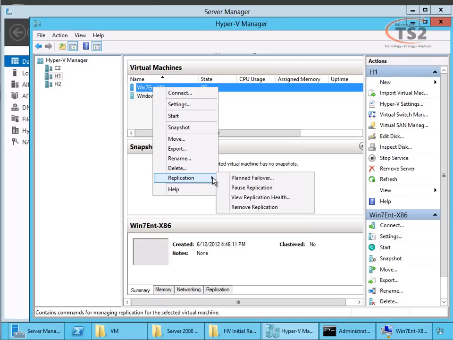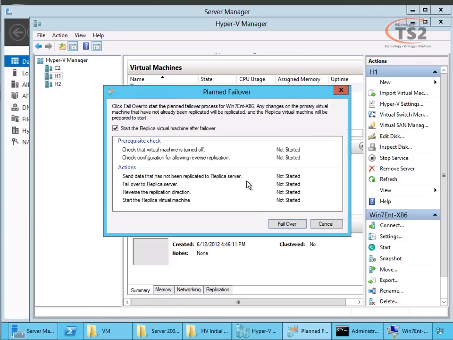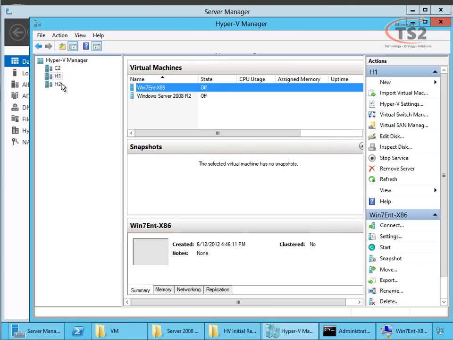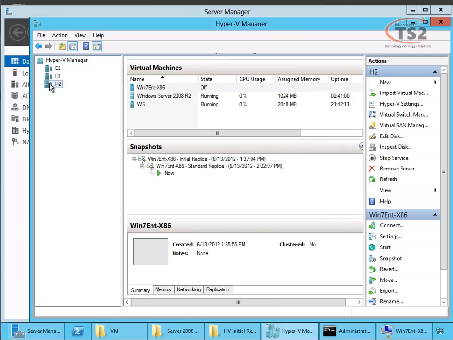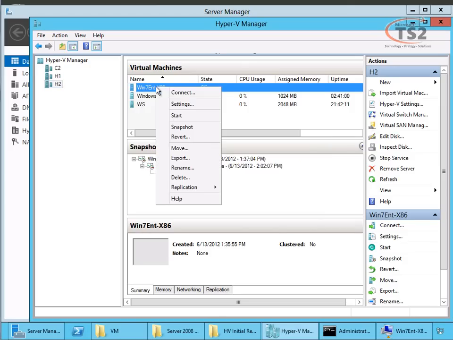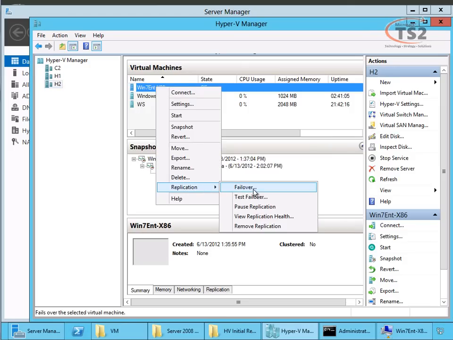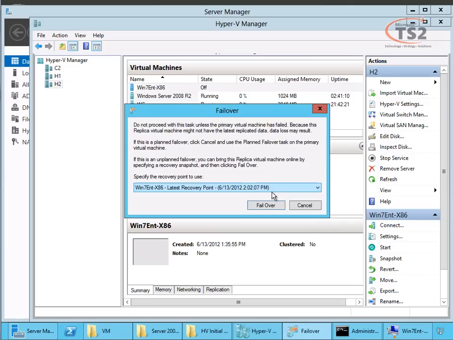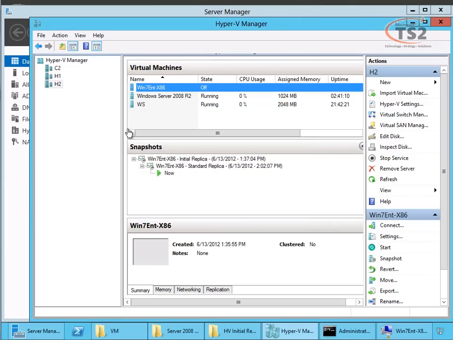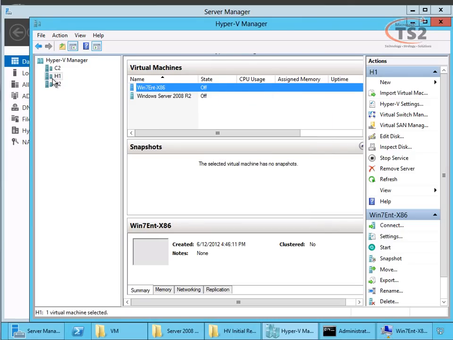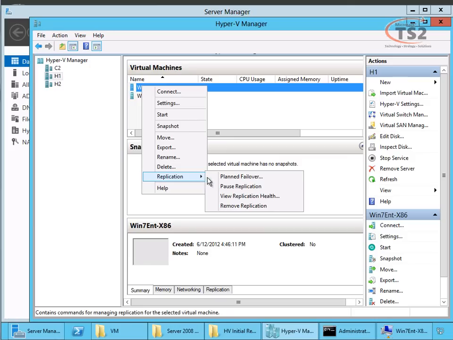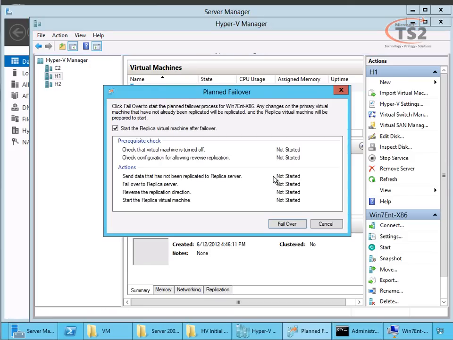So now that I have the original off, I want to go ahead and say planned failover because we're planning to do this. And I have a checklist. It'll start the virtual machine after the failover checklist. So I can kick off a failover one of two ways. I can go to the replica virtual machine and say failover and choose replication and failover, and it can let me choose from the last recovery point. But since this is a planned failover, if we go to the original virtual machine, I can now say replication planned failover. And so now I can say this is a planned failover, not a disaster,